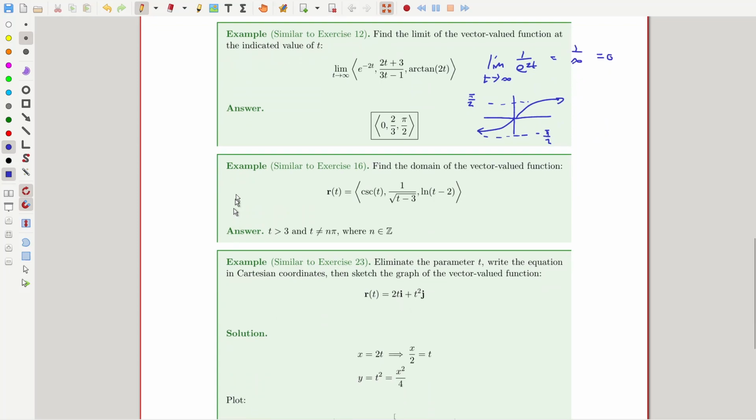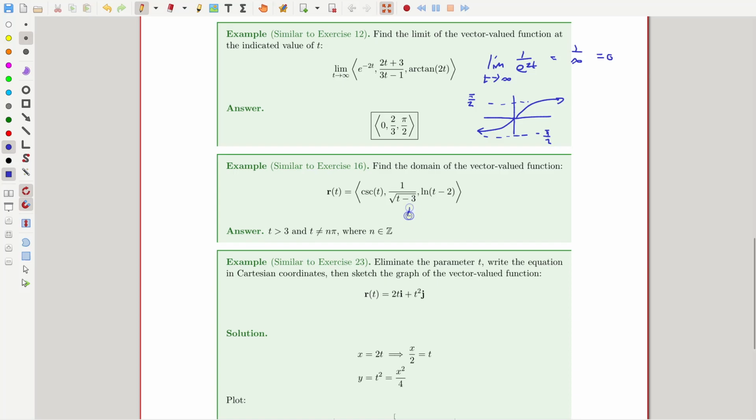Right. Then you have a problem that asks for the domain of a vector valued function. So the sensible thing to do is it's going to be the intersection of the domains of the component functions, right? In order for the vector valued function to be defined at some value t, it has to be defined on each of the component functions. So we would figure out the domains of each of these functions, and we would take the values in common between all of them, take their set intersection. So in particular,